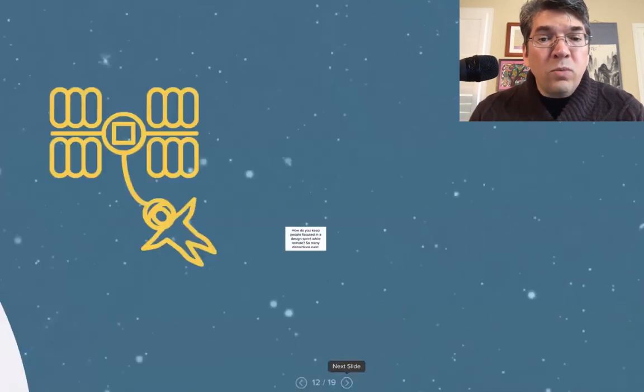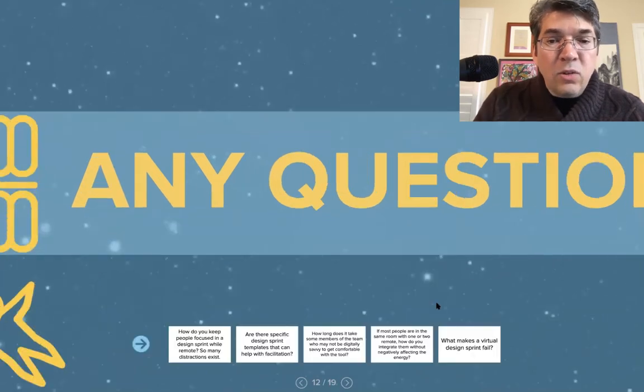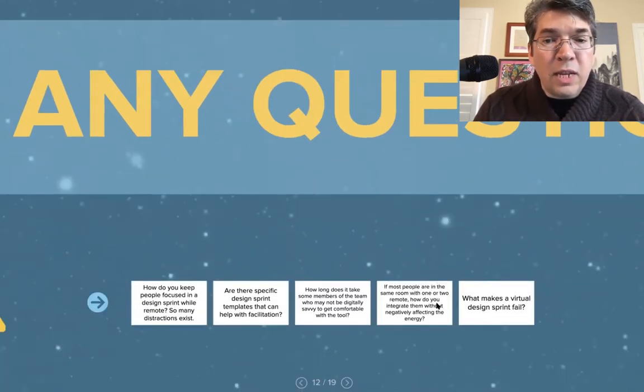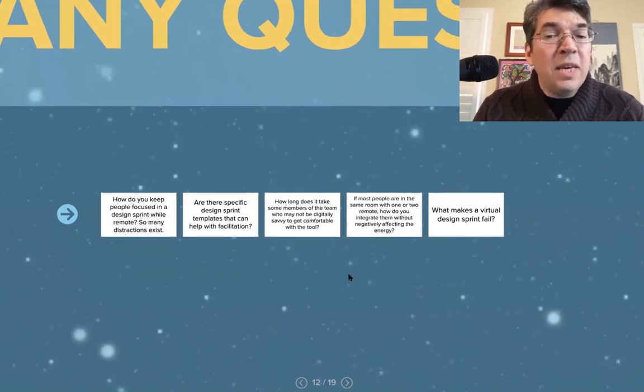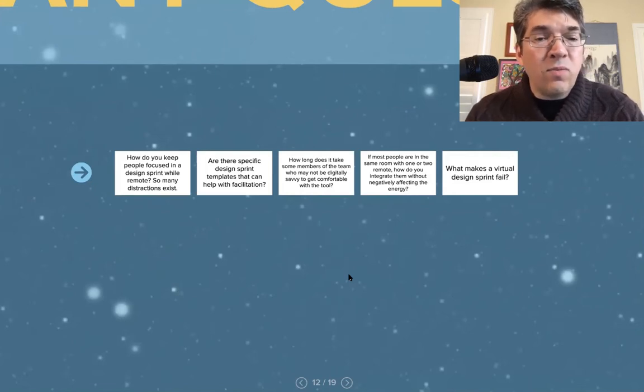So at this point, we're at the first Q&A mark. What I did is I looked through all the registrations that you had sent in, and there were about 1,400 of them. And yes, that sounds a little crazy. But what I wanted to do was pre-answer some of the ones in the registration so they didn't get lost. These were 5 in particular that I felt like I could answer and give some value to.